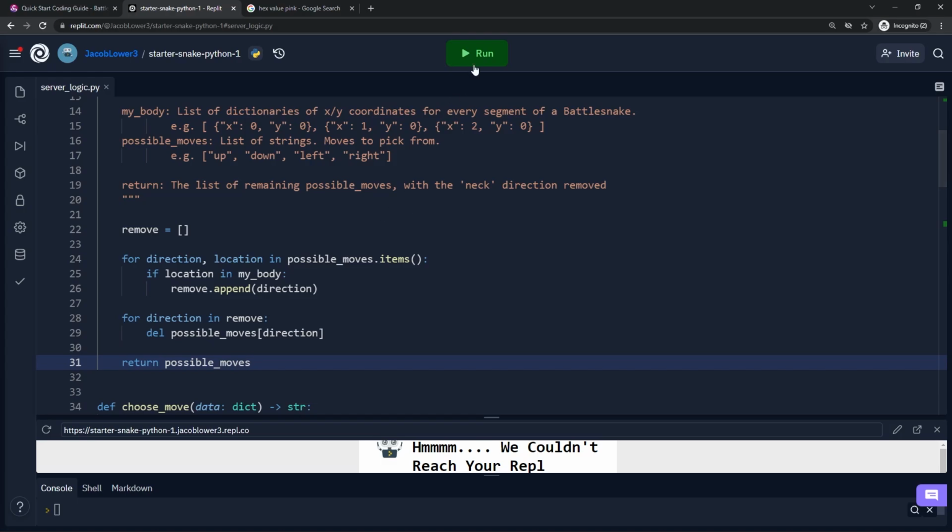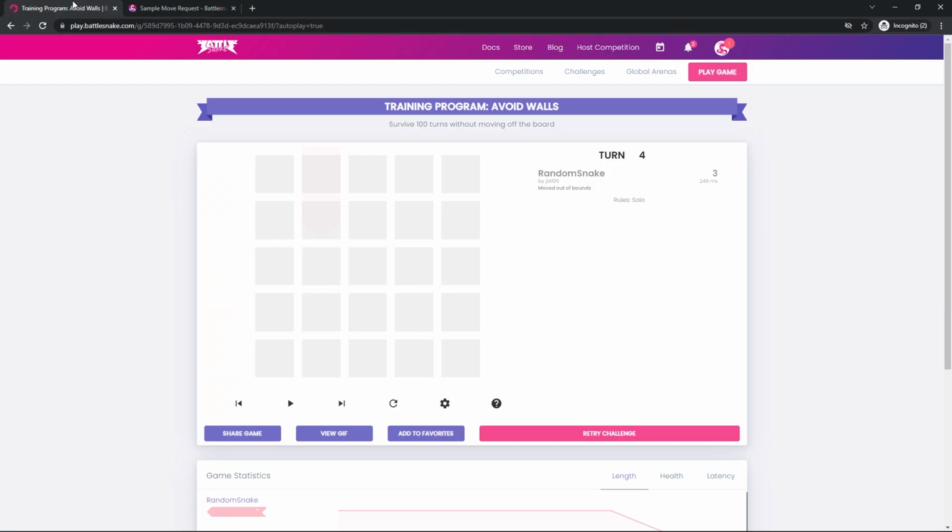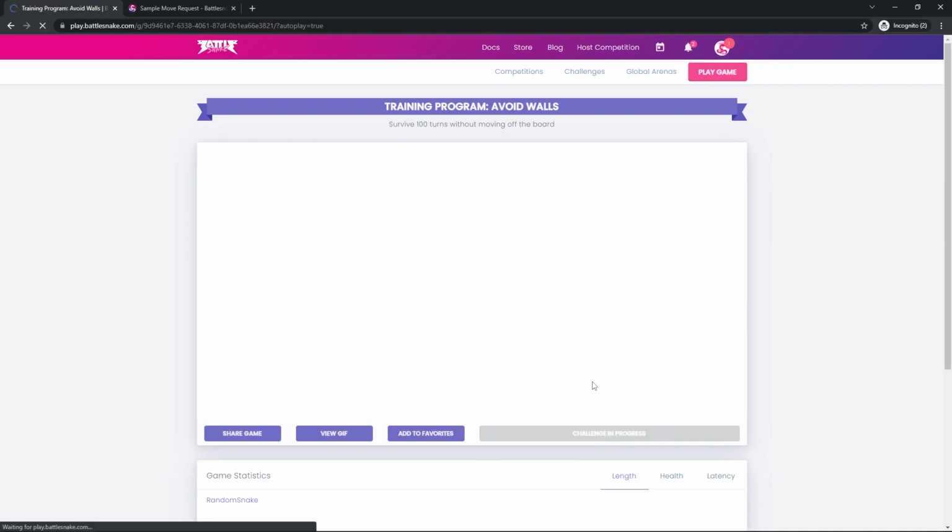So that's pretty cool. So if we run this, let's go ahead and run it just to see if we have any errors or anything like that. Our snake's not going to perform better because it doesn't know how to detect walls yet, so it's probably still going to run into a wall. You'll see that our server is running again, so we can go back to our Battle Snake training program and we can go to retry challenge, and it should automatically update our snake as well. So if we retry this,